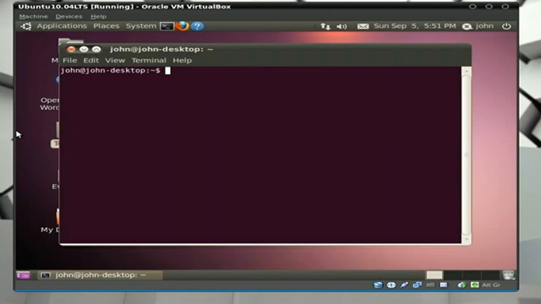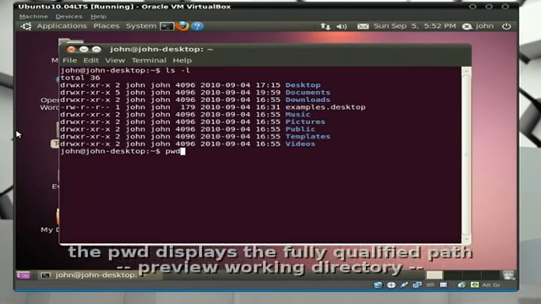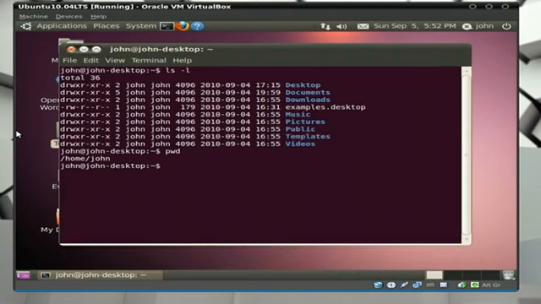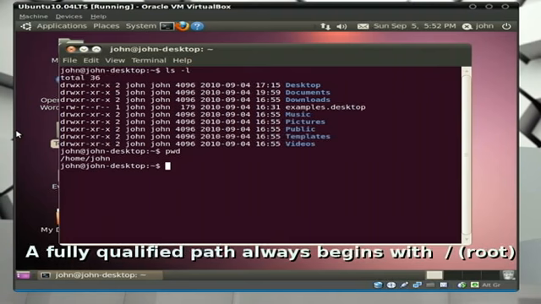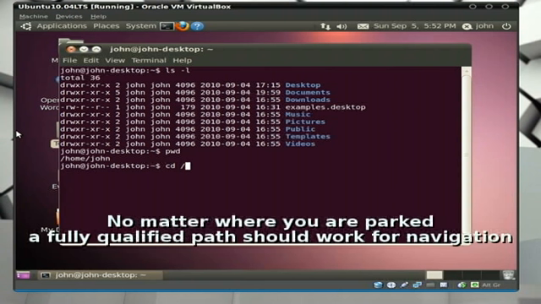Okay? So, we're parked in our home directory. If we do an ls -l, we can see that. We can also do a pwd, and that shows us the fully qualified path to our home directory. You can navigate anywhere from anywhere in the system by using a fully qualified path. For instance, I can go cd space / meaning I'm beginning at the root,